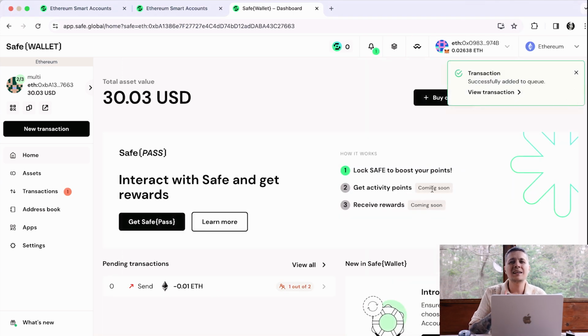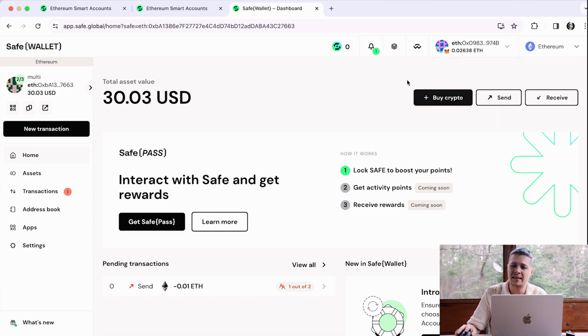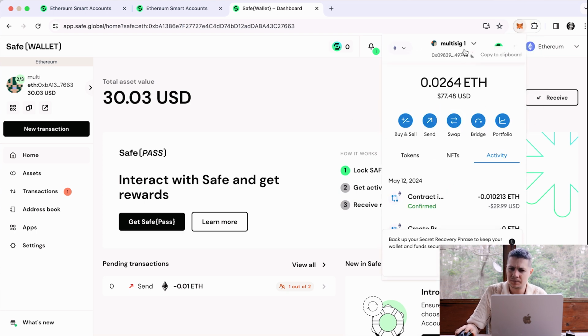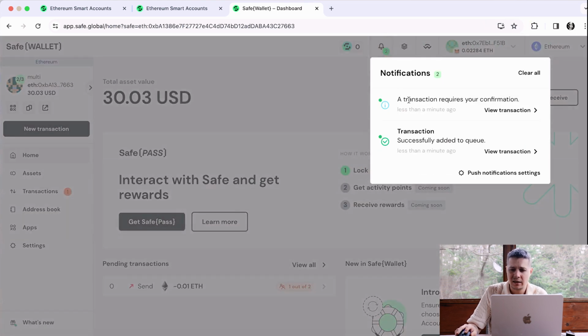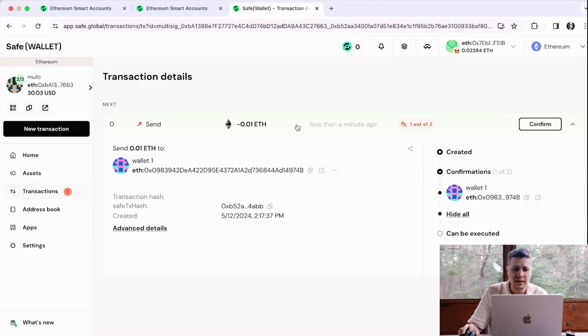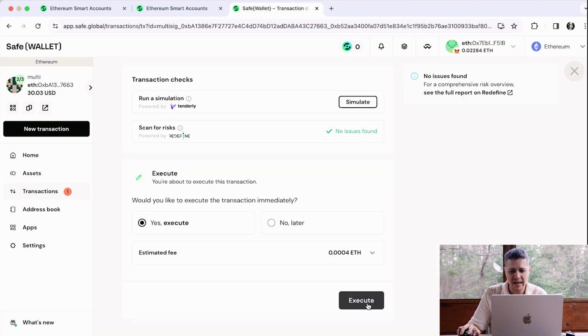There you go. And it's not gonna do anything until the second transaction is being approved from the second account. So now we approved it from 1 account. We're gonna go on our second account and we're gonna see, it's gonna say, a transaction requires your confirmation. So boom, we click and we can see that there's a 0.01 ETH trying to be sent to this wallet. And we need that confirmation. So we're gonna confirm it, execute,